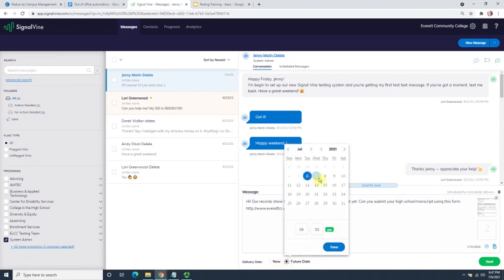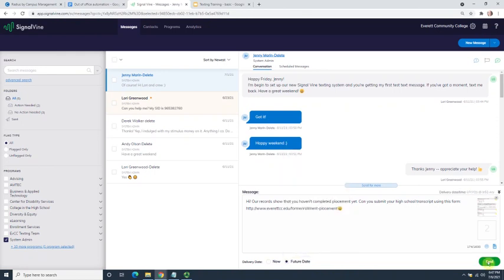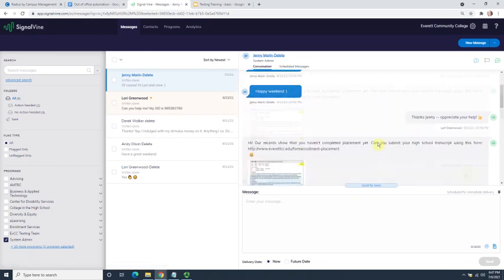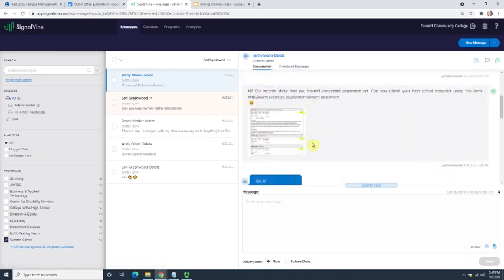So if I wanted to send this tomorrow morning, I could send this just before 10 a.m. Now when I press send, it will simply store it on the message calendar until tomorrow morning when it needs to be sent. One thing to note here is that my name can be found under any of the messages